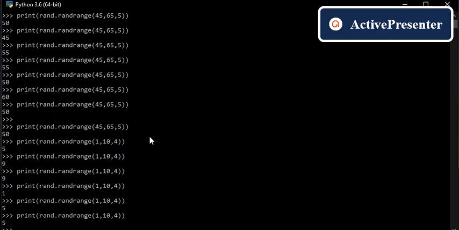You can find here 10 is not coming. So from this we can understand the upper limit is excluded here. The lower limit is included, and in between the lower limit and upper limit only the step value based values will be taken, but the upper limit is excluded.